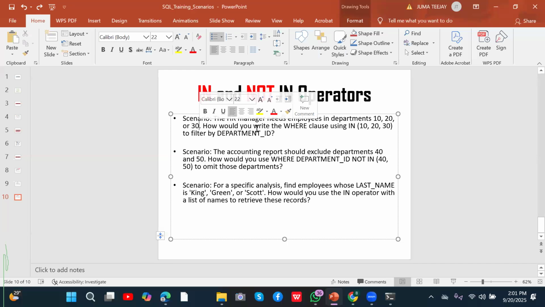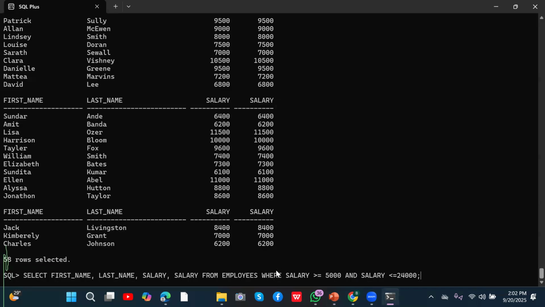How would you write the where clause using the in, 10, 20, and others, to filter by department ID? So I think we're going to stop on that. We say select first name, last name, department ID from employees where